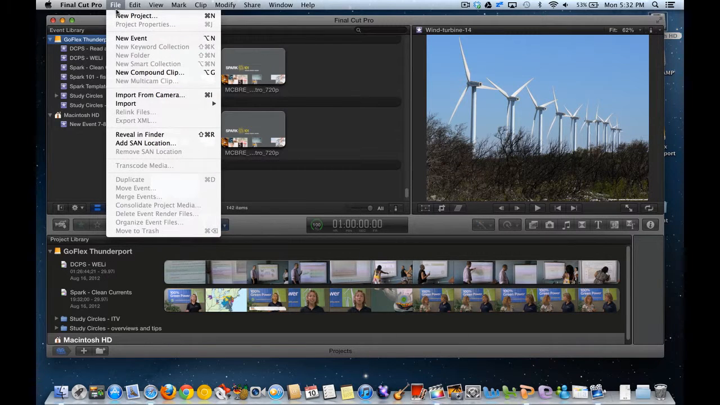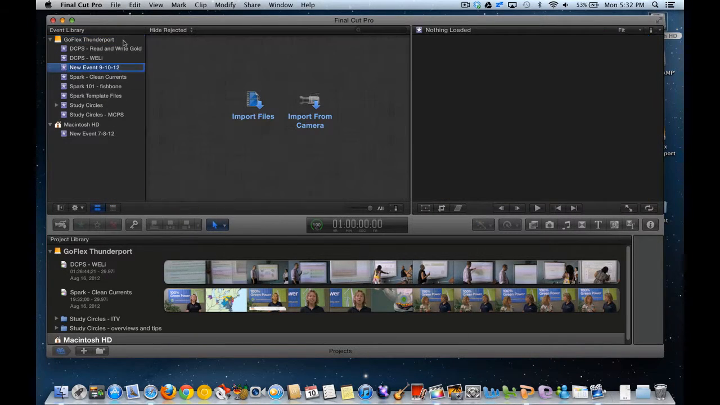First thing I'm going to do is create a new event, and this is where I'm going to store my raw materials that are unedited, and I'm going to title this Fishbone, and I'm going to import from my camera,